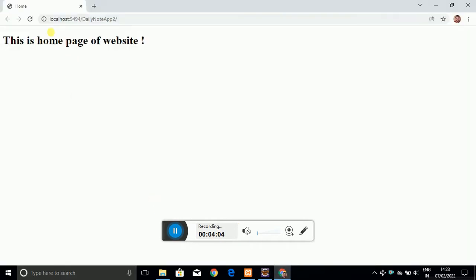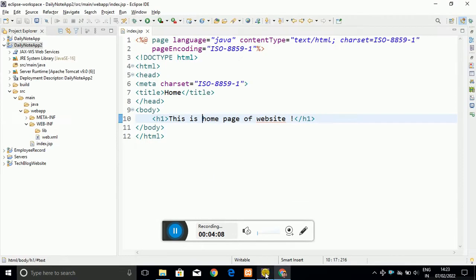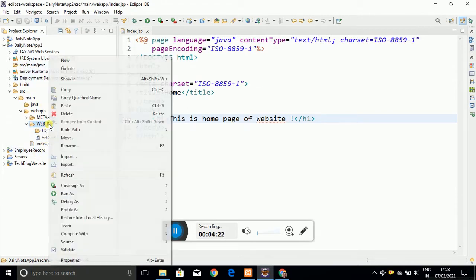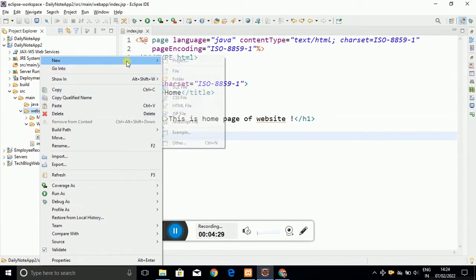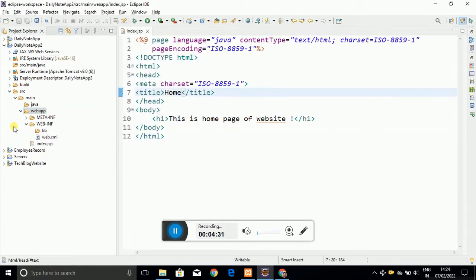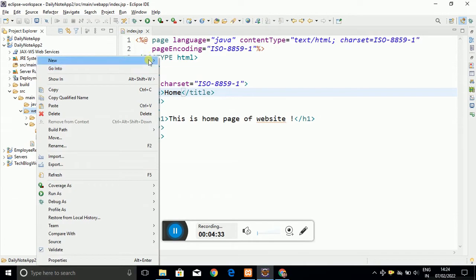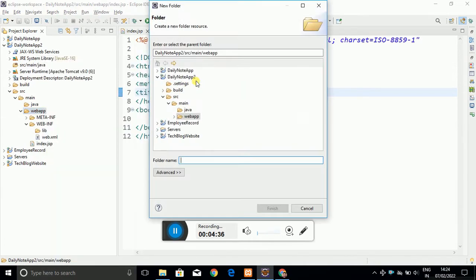To create the website, we require CSS as well as JavaScript and the Bootstrap framework, which is the designing framework that you require. First of all, before that, let me add a CSS. To add the CSS, let me create a folder parallel to our webapp folder. Here you can see the webapp folder, and parallel to that folder we have to create a folder.